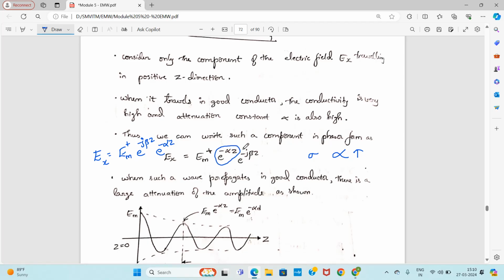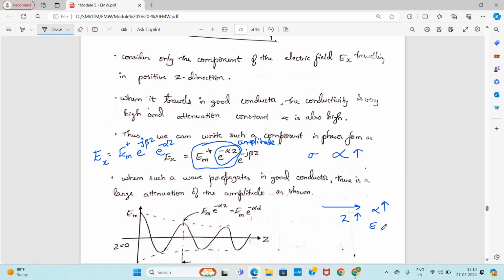It gets added to your signal. Overall, this now becomes the amplitude of the signal. The total amplitude of the signal is the actual maximum amplitude multiplied by the attenuation factor. As we keep traveling in the z direction, as the distance increases, the attenuation also increases,